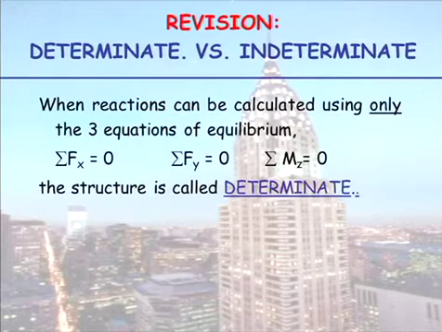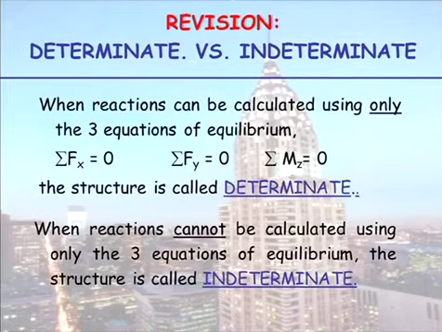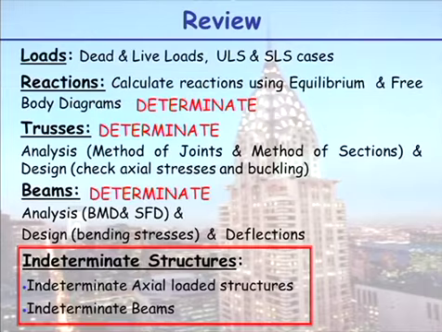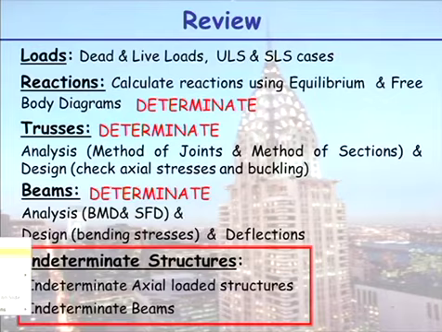And what does determinate mean? Determinate is when the reactions can be calculated using only the 3 equations of equilibrium. So, when reactions can't be calculated using the 3 equations of equilibrium, the structure is indeterminate. So we now are going to look at indeterminate structures. Very complicated, so we're just going to look at the 2 simplest cases where you have axially loaded structures, just axially loaded beams, and then we're going to look at